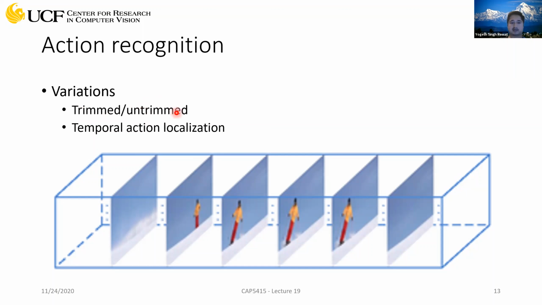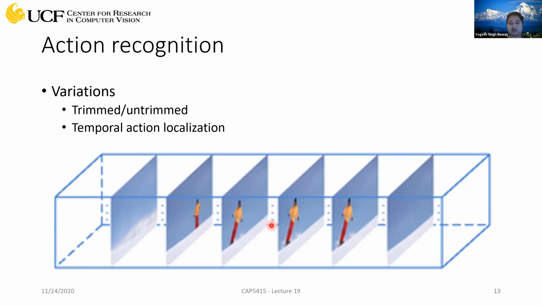The second category is the untrimmed version, where you might not see the action being performed in all the frames. For example, in this particular sample, if the action category is skiing, then you can see that in all the frames before this frame, you don't see that action. The action is only present in frames at this location, right? And all the future frames also don't have that action. So that's called the untrimmed scenario.